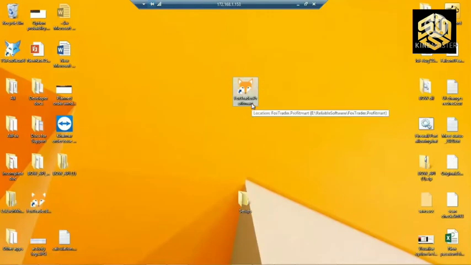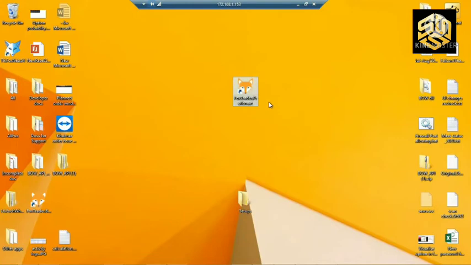Now this is the shortcut for the Fox Trader PROFITMART. See, you can see here I have changed the location of my installation. By default it is D drive. I have installed it in the E drive. So that is the change I did, and finally my installation is done. Now my application is ready to launch. Just double click it